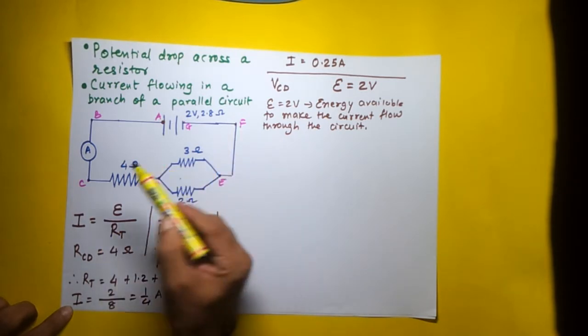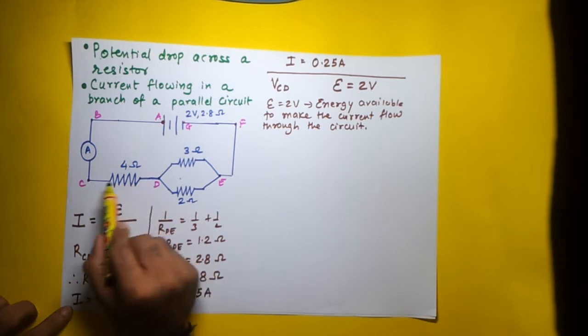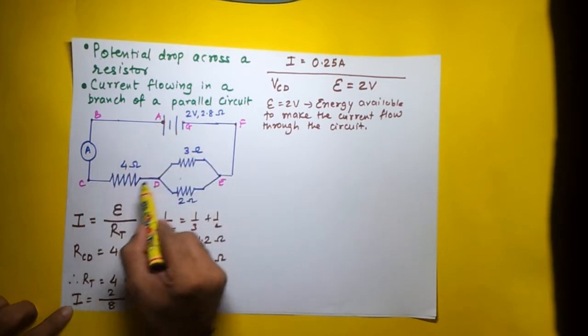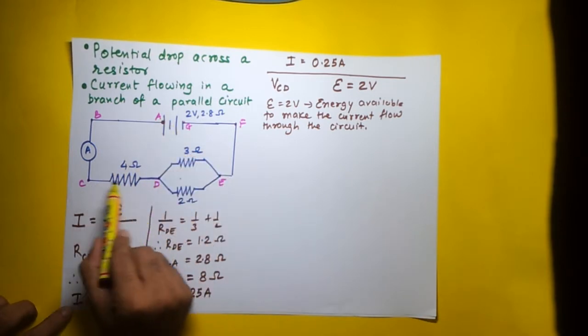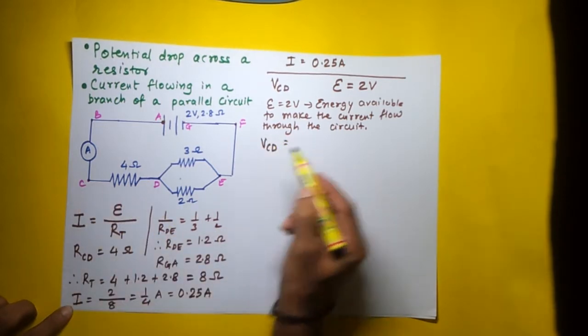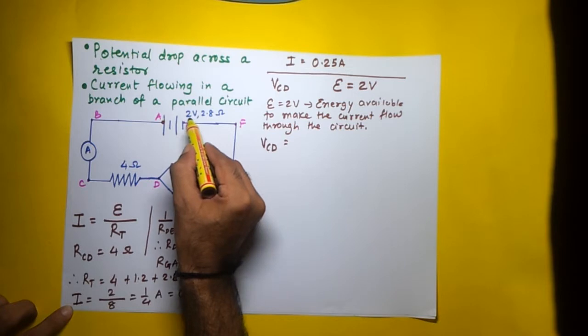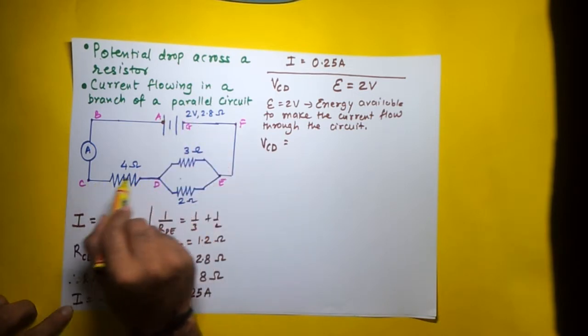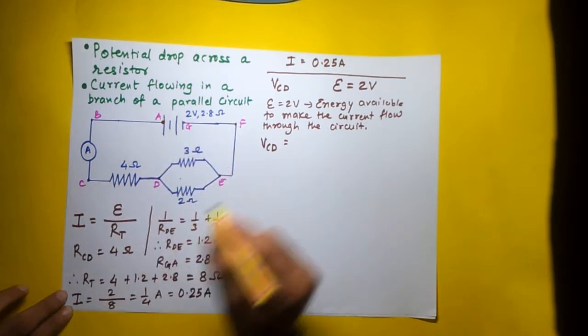So this particular part of the energy, out of 2 volts, which is used over here, is known as the potential drop across this resistor. So VCD is nothing but that part of 2 volts which is used over here to make the current flow through 4 ohm resistor, and it is given by